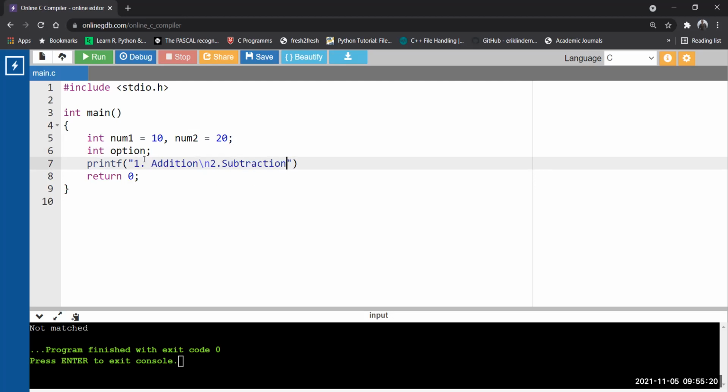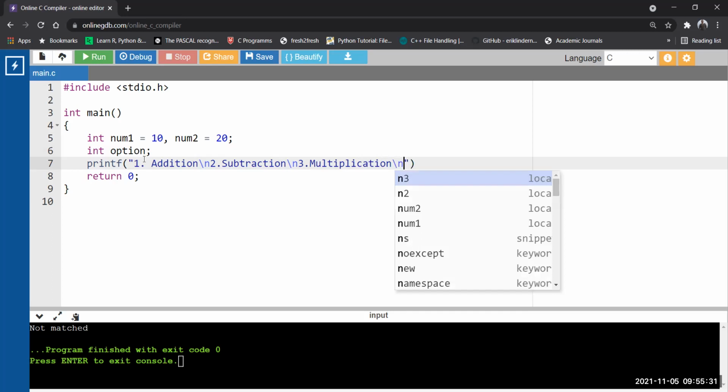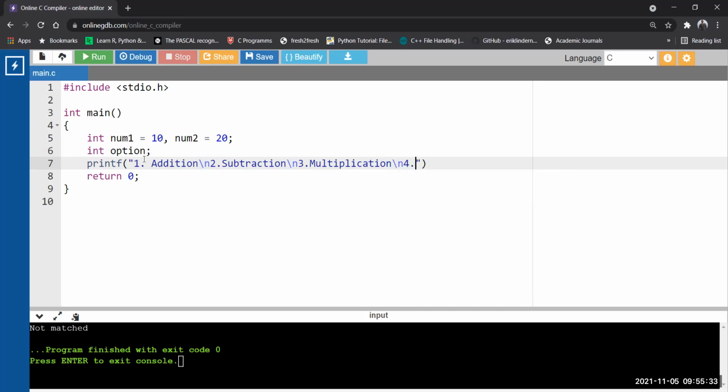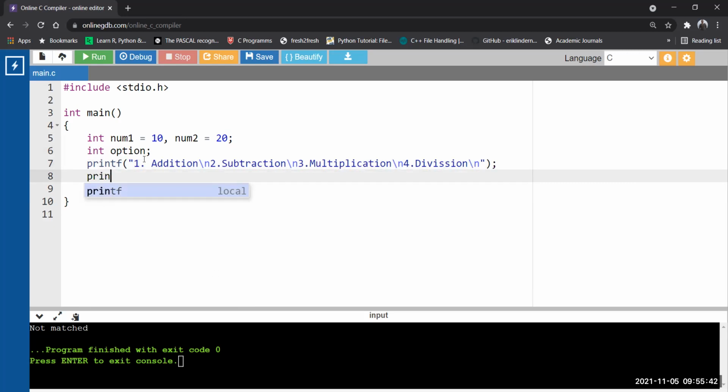I'm creating a list here, correct? From multiple options, you can select one. 3 means multiplication. And 4 means division. And now I'm telling you to select an option.